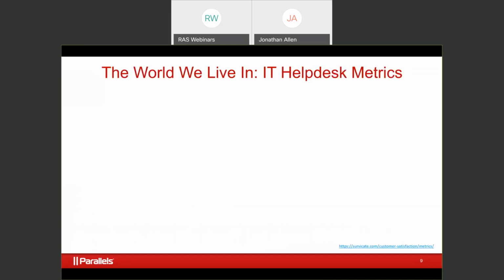And we actually live in a new world now with IT. In the old days, when I was managing IT departments, I could get by with my main metric, and my main metric was the speed with which I was closing help desk tickets. That was my main metric. And when someone said the printer doesn't work, or my app doesn't work, something's wrong, I can't access this, the ticket would go out, we'd close it with our help desk, and that would be the metric.